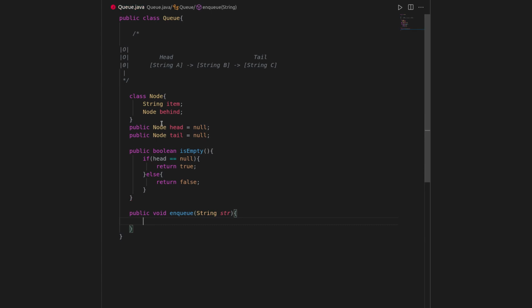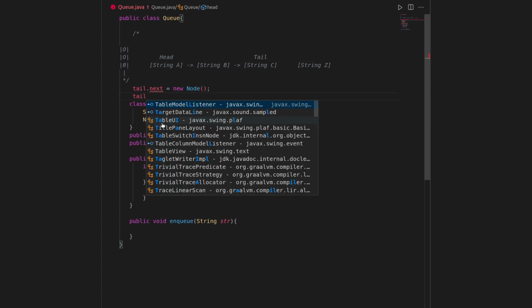This function will add a new node to the end of the queue. Let's see its operation. Let's say the user has passed a string z to us. So first we need to create a link between the node with string c and the node with string z. To do this, we can use an operation like tail.next is equal to new node.